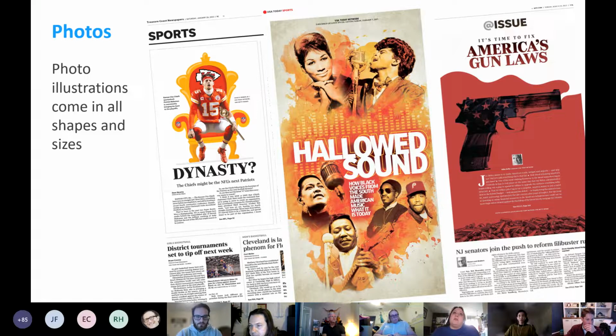They can use color and movement to show the intensity of a story. They can also help to make a story stand out, like the Dynasty CP on the sports cover, celebrate our culture and achievements, and tie together a series of stories with a shared visual theme, like the Hallowed Sound page that takes all of these important figures and ties them together visually, or present a point of view and set the tone of a story for a reader. The gun laws page makes you feel the column even before you read it.